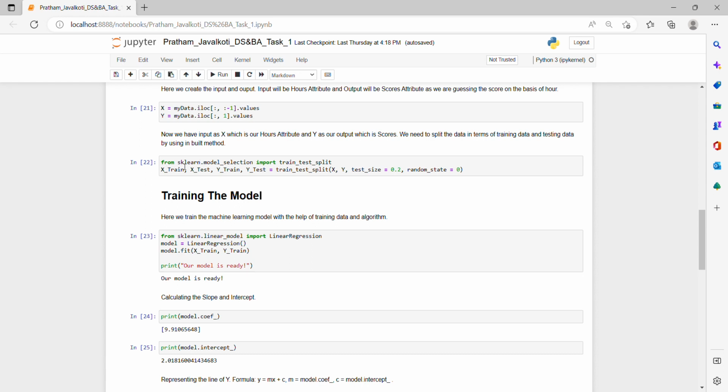X_train, X_test, y_train, y_test = train_test_split(X, y, test_size=0.2). That means 20% of the data will be utilized as test data and the remaining 80% will be our training data. random_state=0 indicates that this split is going to be constant. Whatever split we do and whatever data we get after splitting will remain constant as the testing data and